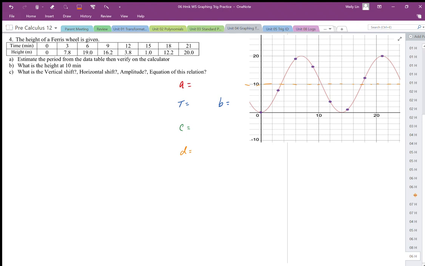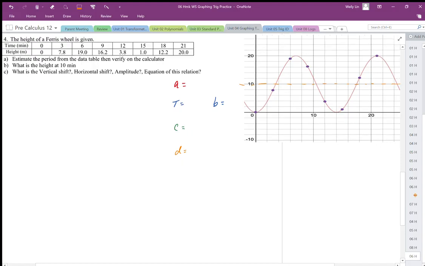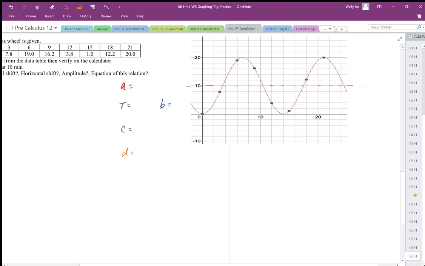Question number 4 gives us the height of the Ferris wheel at different points in time. Now, we were asked to estimate the period of the data, and we were asked to find the height at 10 minutes and the vertical shift, horizontal shift, amplitude, and equation. So when we plot the graph, we're going to get a graph that looks like this, and it's kind of hard to see min and max points, and we can kind of estimate maybe a max point somewhere over there,